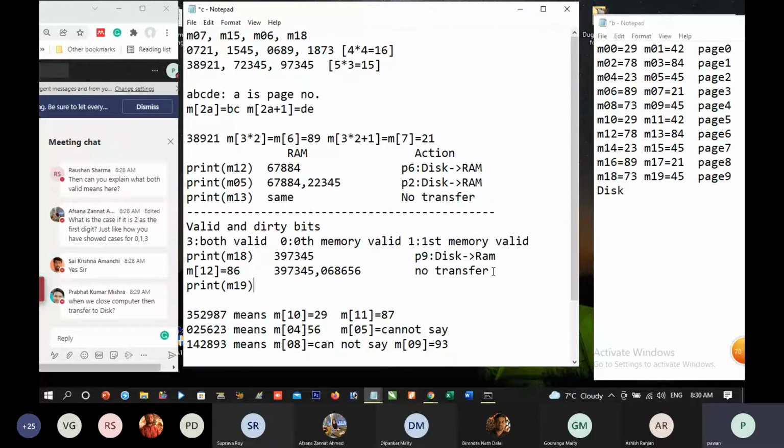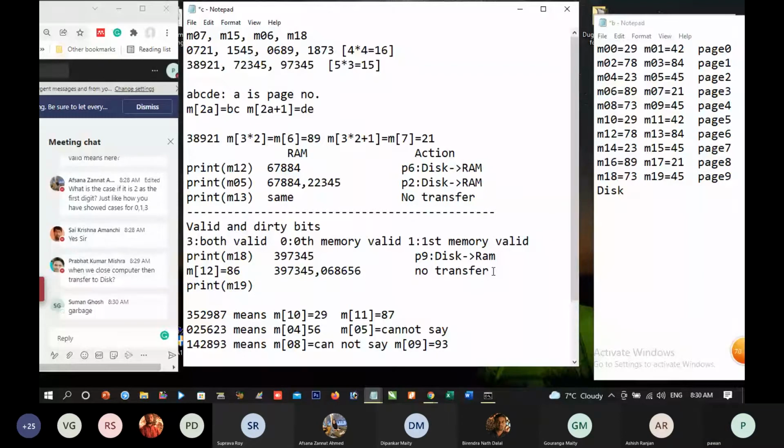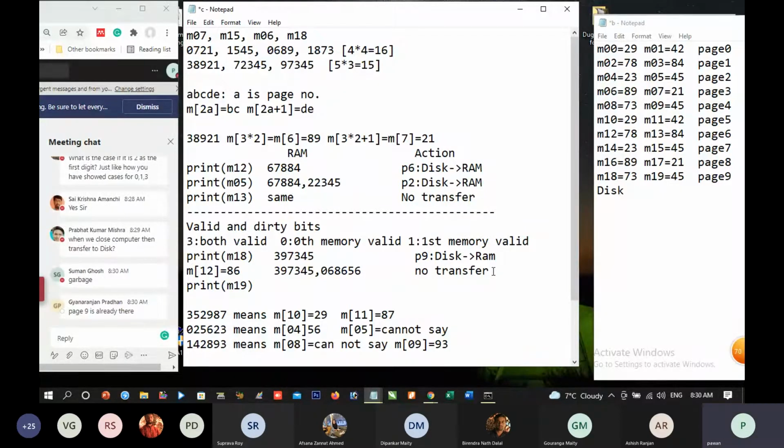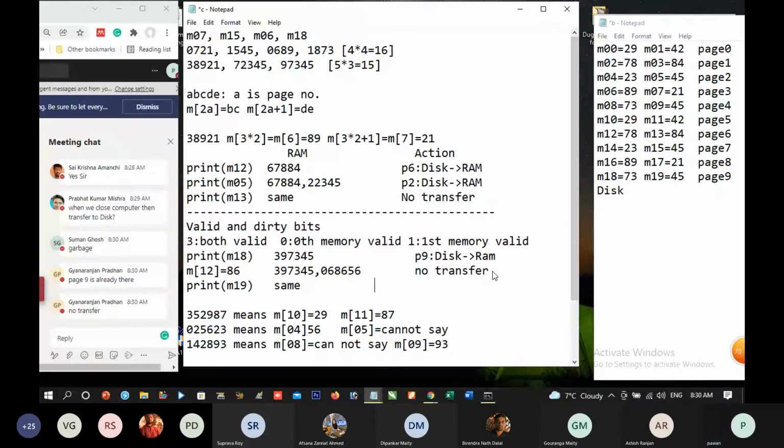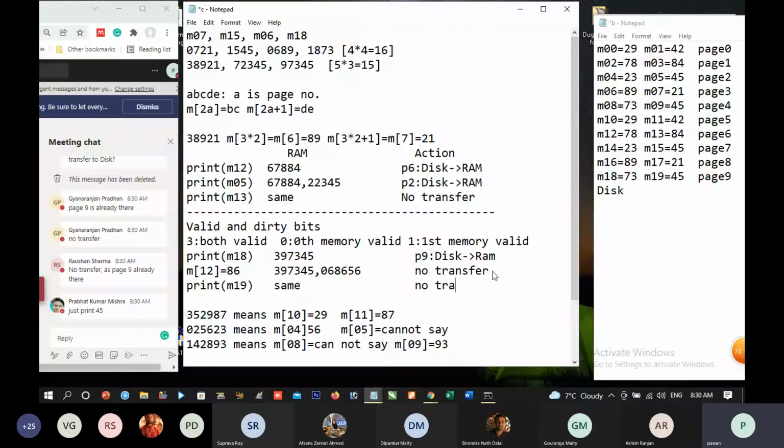Tell me what will be done in this case. Page 9 is already there. So it will remain the same and no transfer. Because it is on page 9 and page 9 is already there. Fully correct.